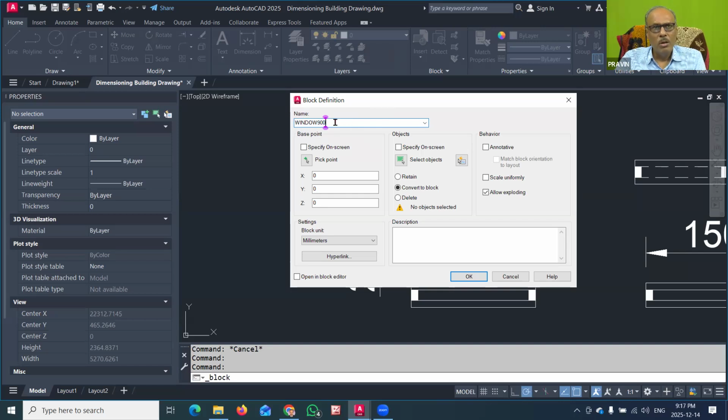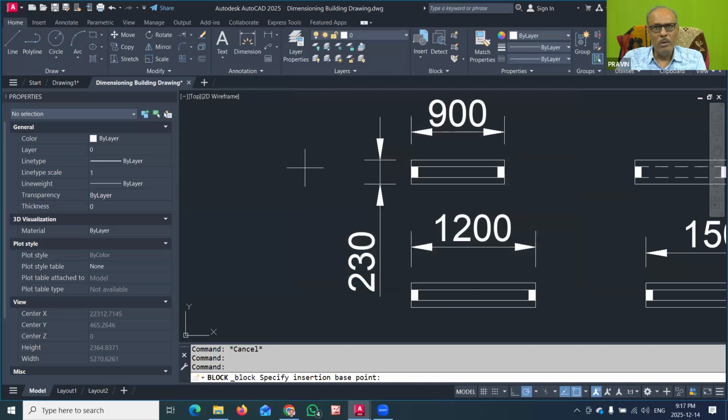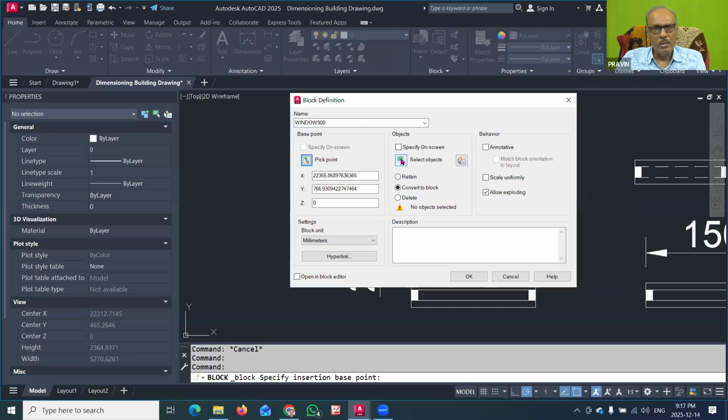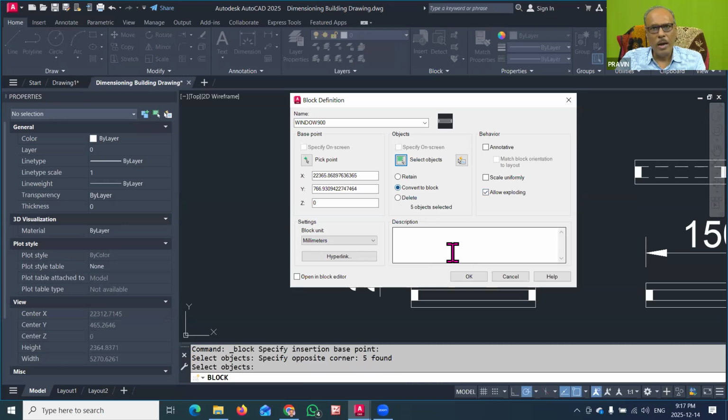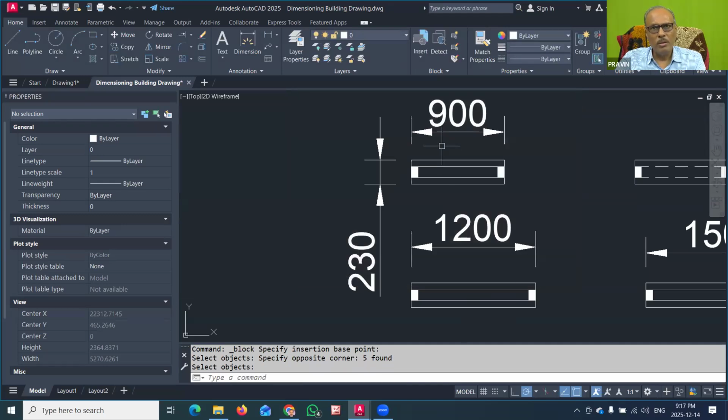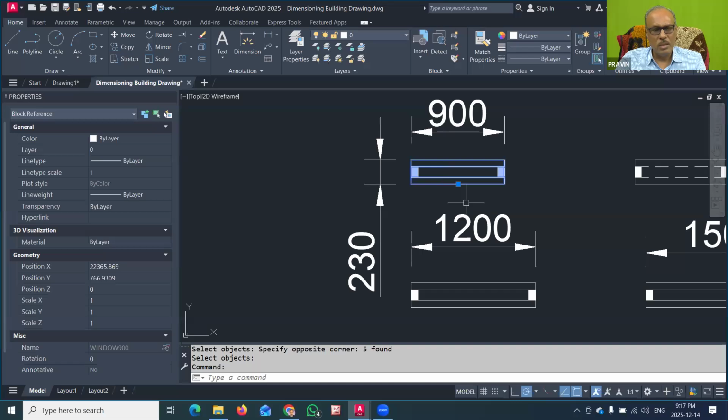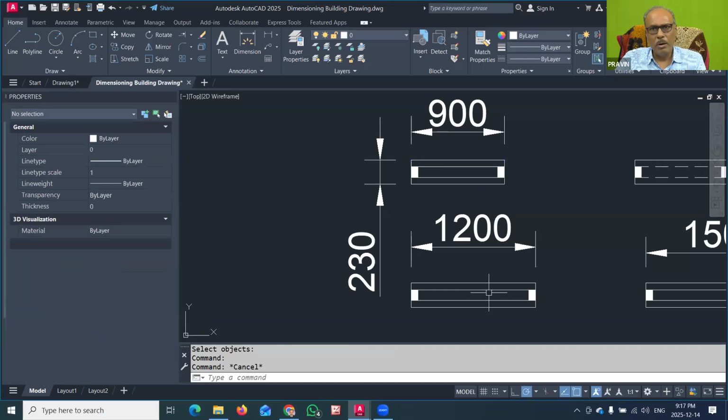You can simply write it down, or you can also add some dimensions to it, but I prefer to give it as a dimension. So window 900, that I will give. In the pick point, you have to click the middle point of this wall. So this is the base point. Then select objects, and I will only select this much part of the window, press enter, convert to block and OK. So the window symbol was converted into a block. You can check this out. Earlier they were separate objects.